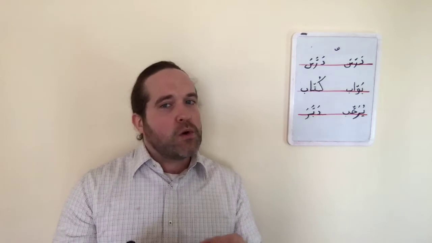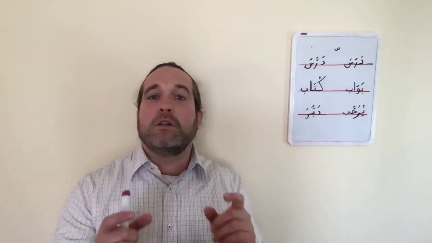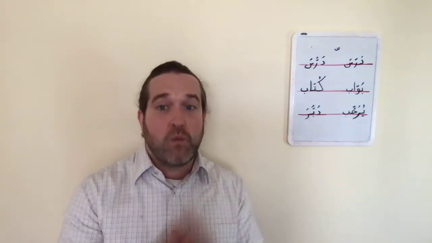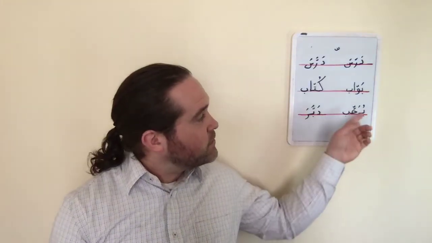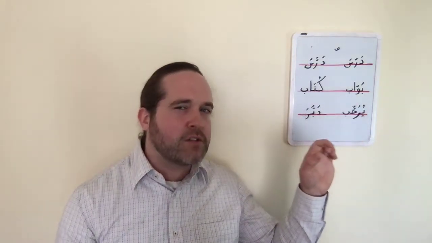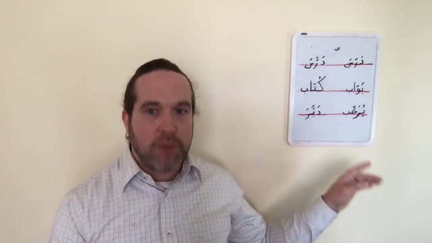That said, we can have situations where we have both a shadda on a consonant followed by a long vowel, so that just means that we need to make both the consonant and the vowel feel long. They both need to take 2 beats instead of 1 beat. So here are some examples. Bawab, right, where I'm stretching out the consonant w sound and the long alif. Bawab, or